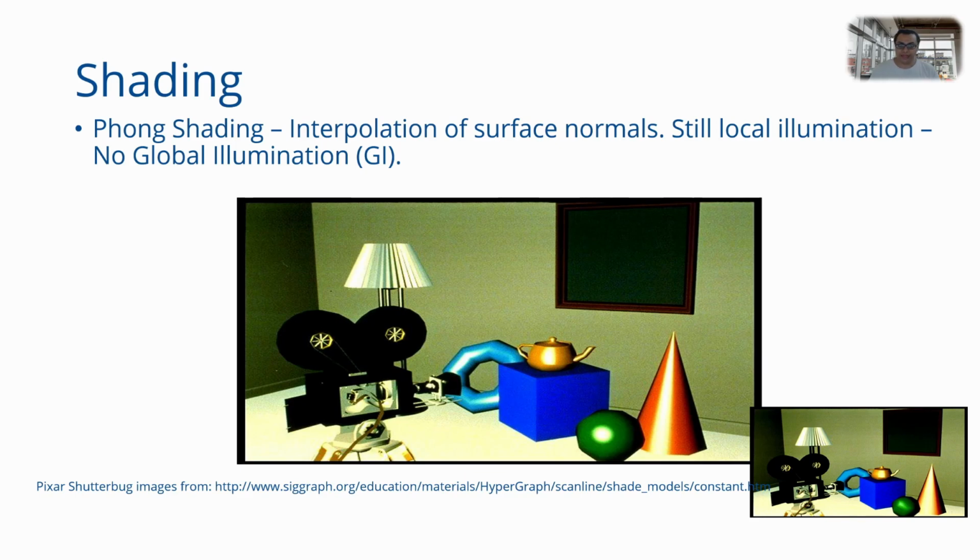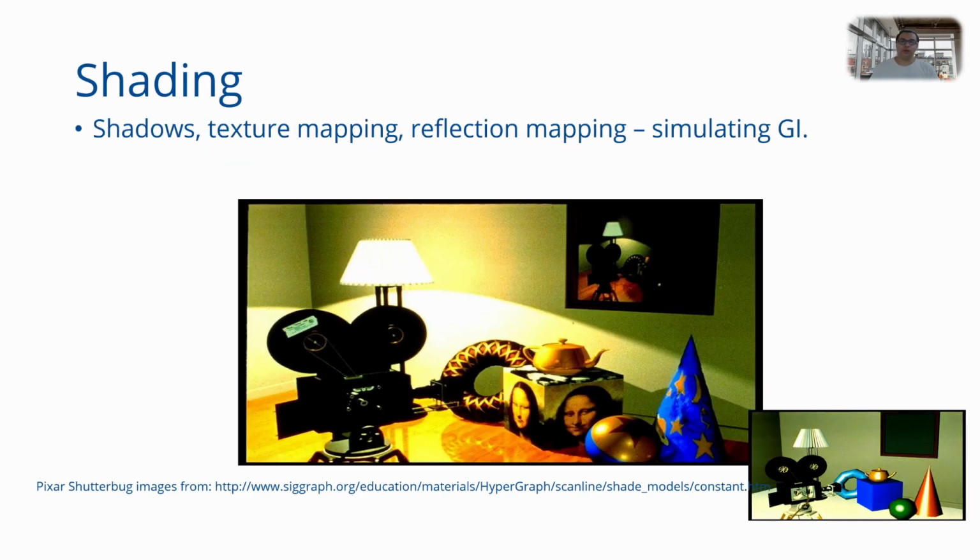So you only have that ambient term to account for all indirect illumination, and that is a rather poor approximation as we have discussed already. If you want to get global illumination, that means you want to get reflections and better shadows and reflections between diffuse to diffuse surfaces or mirror reflections and so on, then you have to simulate it by putting in extra effort in the graphics pipeline.